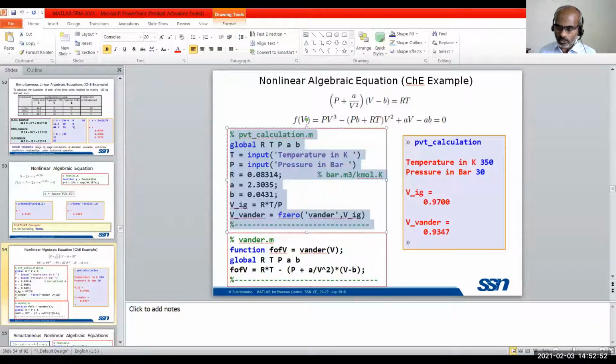You can give it any name. Let me say, in the same way, PVT underscore calculation. Now you can check the files available. We have PVT underscore calculation, wander.m, and FCN NLE, which was used earlier. Now only PVT underscore calculation and FCN are needed.